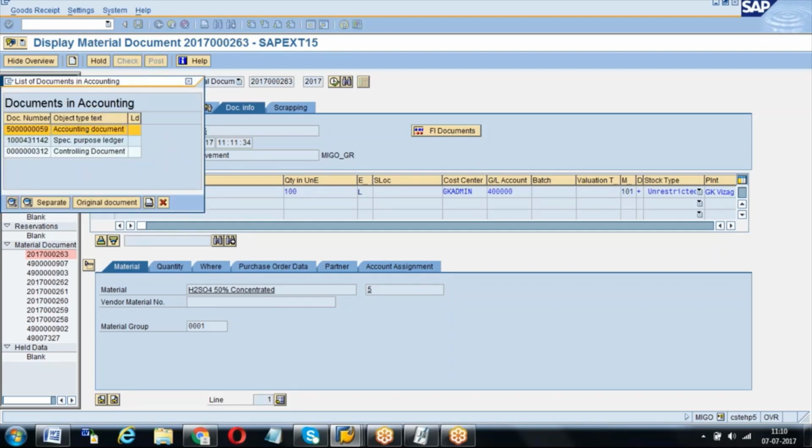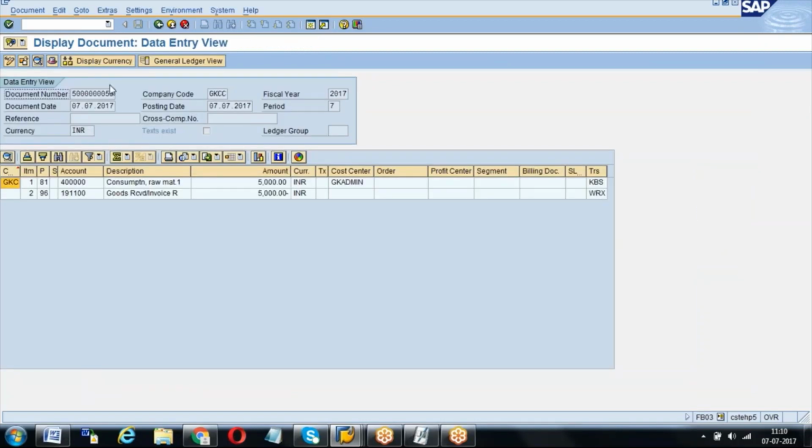accounting document. See, whenever you do the cost object, have you observed that the controlling document will come? Okay, third line has come, right? Controlling. Okay, see this consumption of raw materials. No BSX, nothing now here. Consumption of raw material. KBS means the system will give you a KBS. KBS means one non-account assigned, which means you won't assign anything.